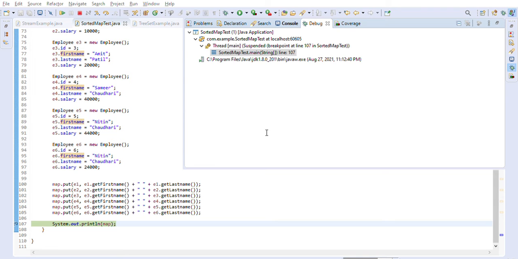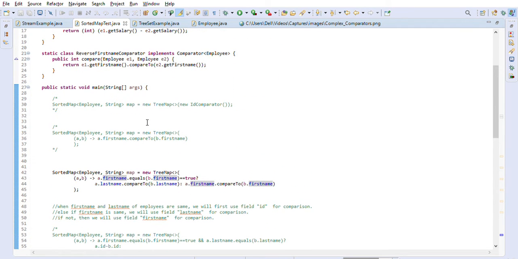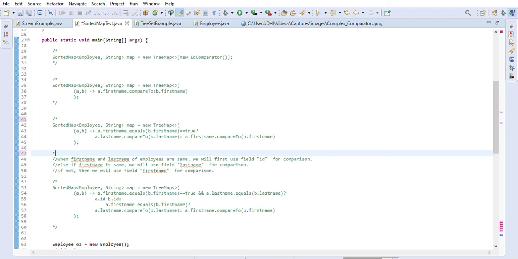So C comes before P, because if the first name is the same as the other employee's first name, then it will consider the last name, as you can see here. That's what I wanted to demonstrate. So let's move on to another, more complex example for the comparator.